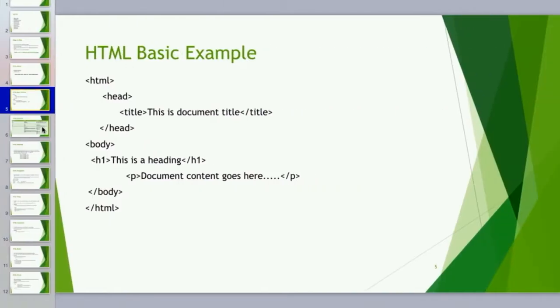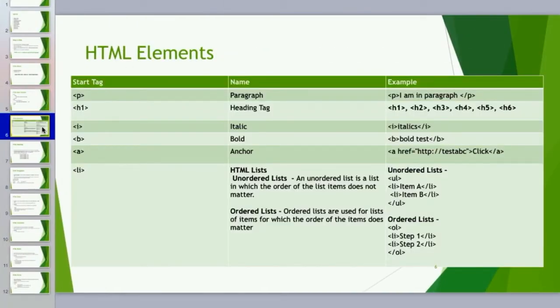Now let's learn about the HTML elements. There are different HTML elements, but these are some of the important ones. One is the paragraph, then H1, which is a heading, and I'll go into detail on those as well. A paragraph is nothing but where you write your content. Then you have the heading tags. There are different kinds of heading tags: H1, H2, H3, H4, H5, H6.